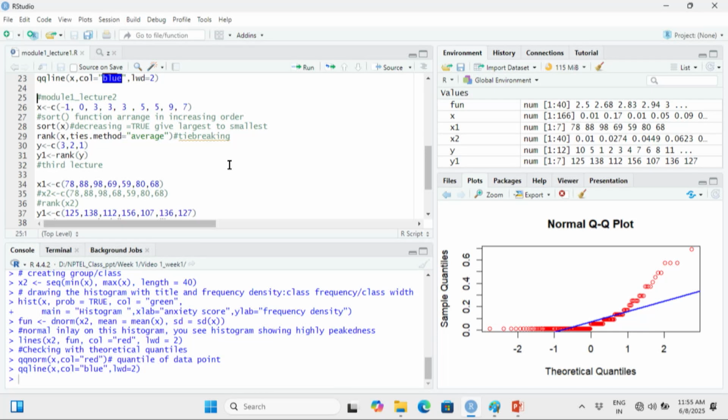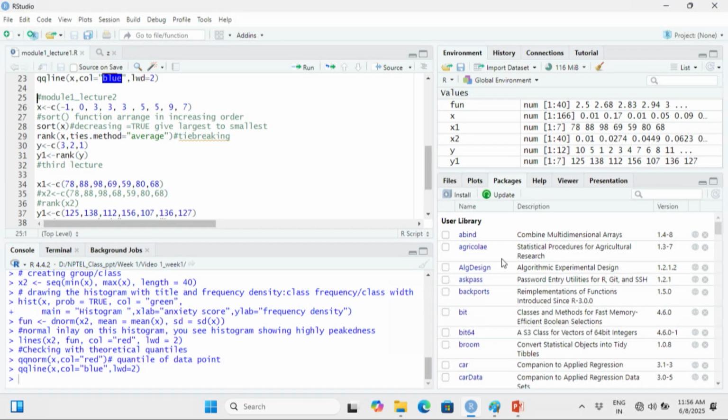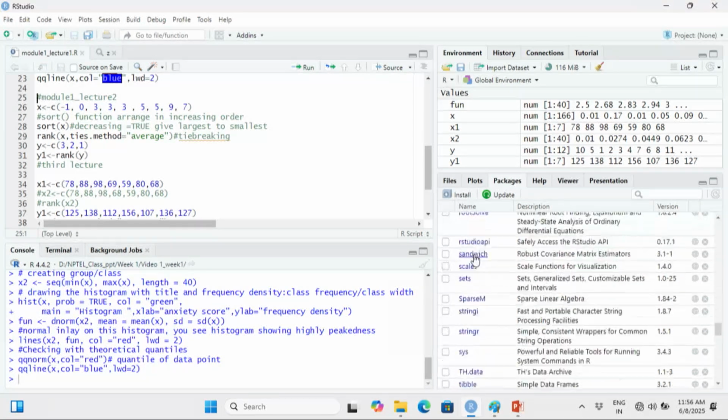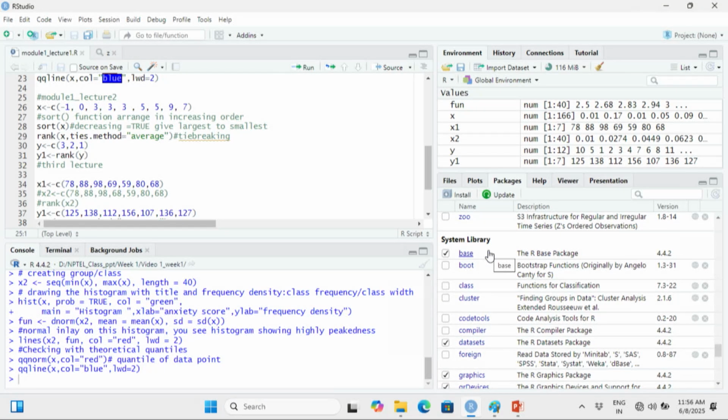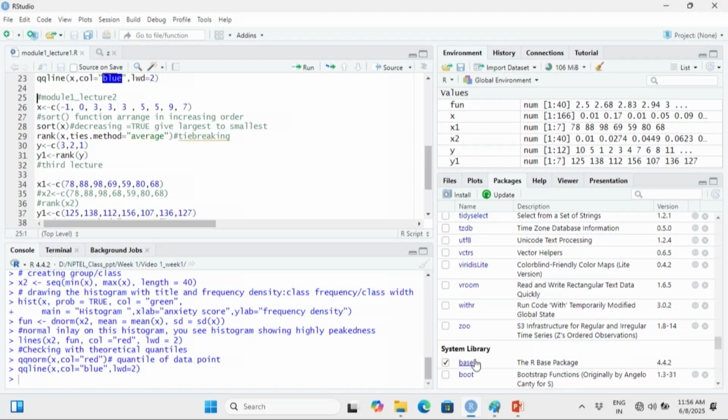In the last lecture I already introduced you to the RStudio quadrants, and in packages, as I have already mentioned, there are MASS, stats. There are 2 types of packages in the package library of RStudio: one is user packages and another is system library, the inbuilt packages. So you will find base, MASS and stats, all these packages which I already told you, in the system library.